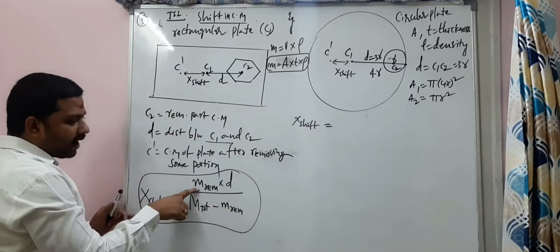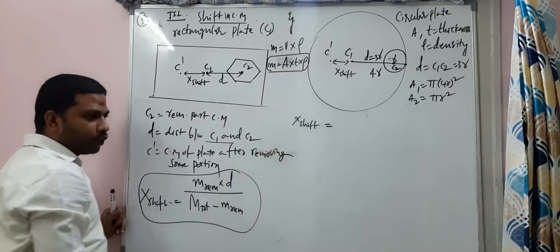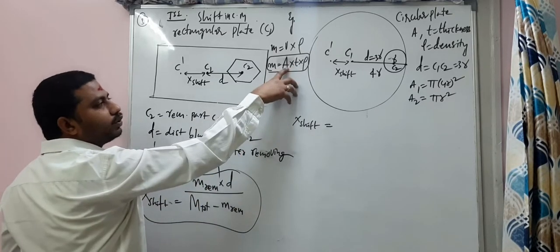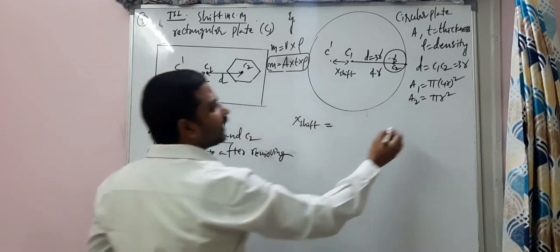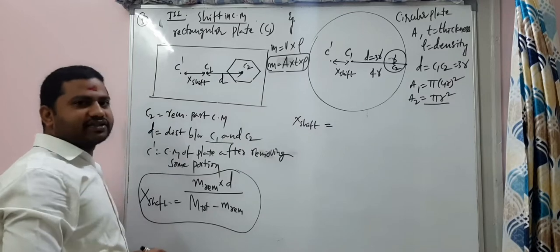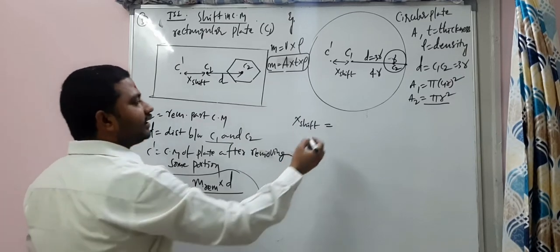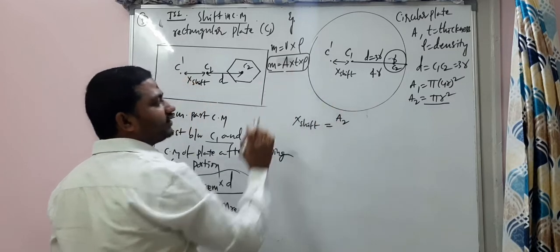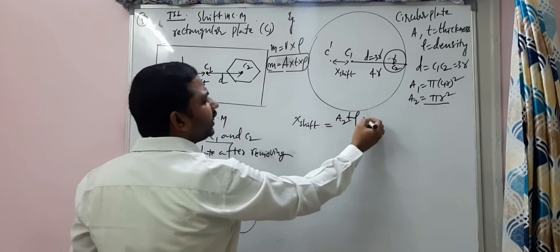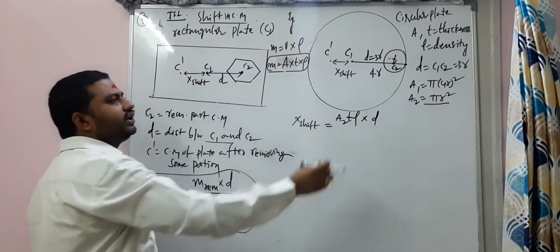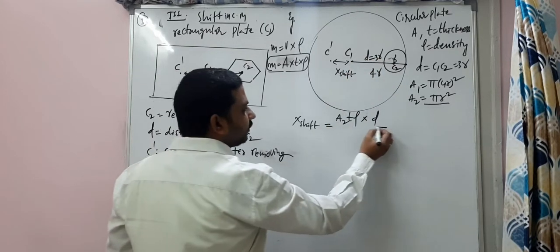What is x shift? Mass removed. Mass removed is area into thickness into rho. Area of the removed part. What is the removed part area, my dear students? It's pi r square. For your understanding, I am writing area as A2, into thickness T, into rho, into D. D is the distance between C1 and C2. Already we found it as 3R divided by